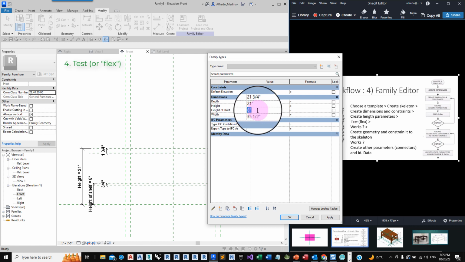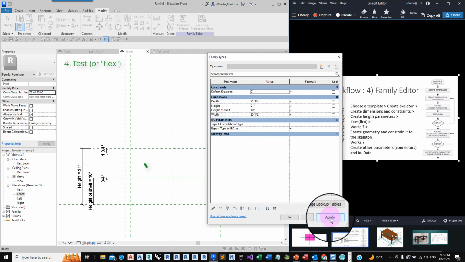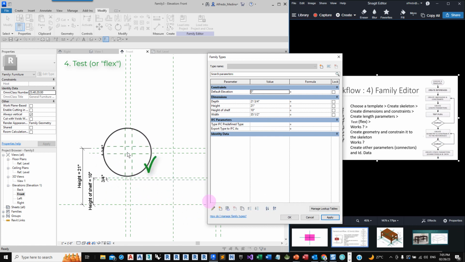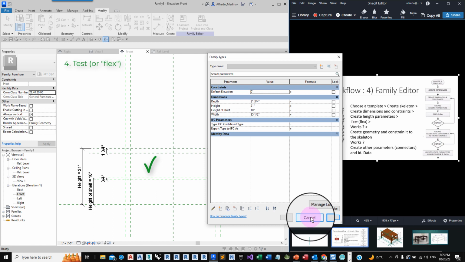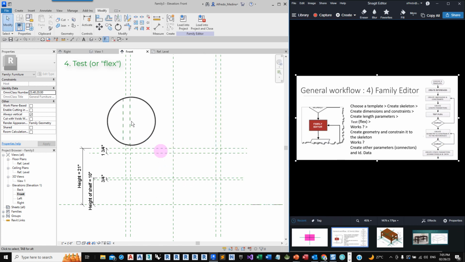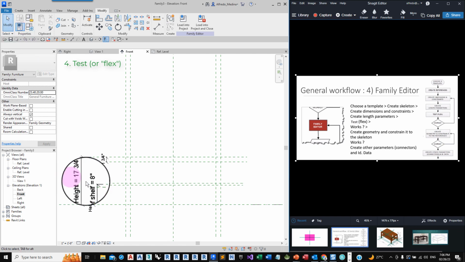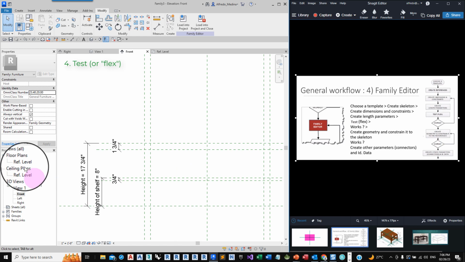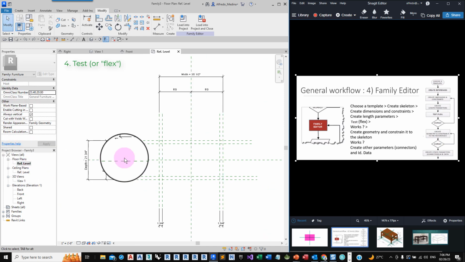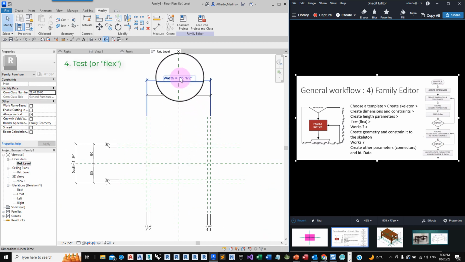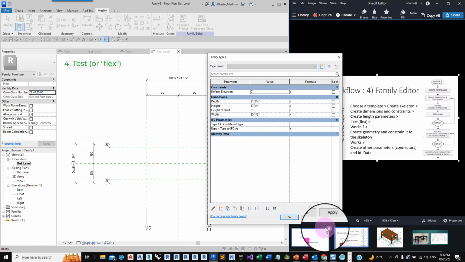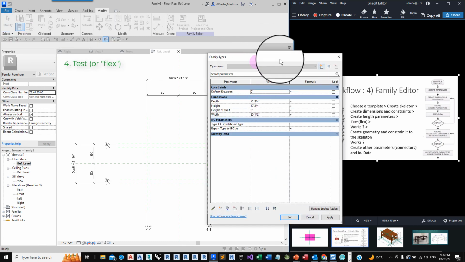And we can do the same for the top of the shelf to be, for example, 10 inches, apply. Yes, it is working correctly. So I can cancel these changes and undo 1 and 2, and now I get my default values again. In the floor plan, I can test my width.